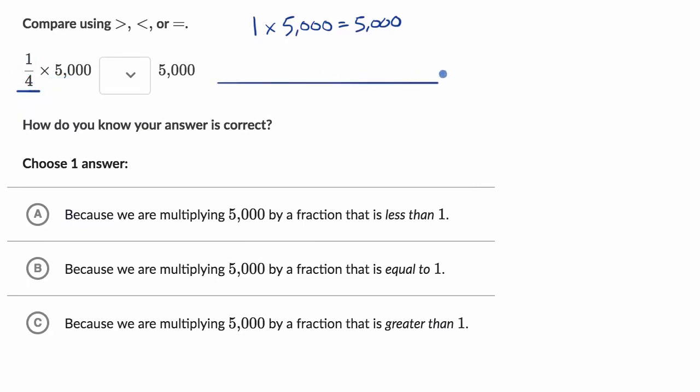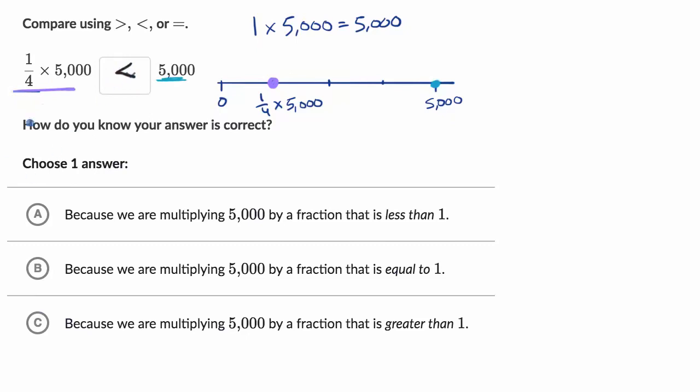Well, one way to imagine it is on a number line. If this is 0, this is 5,000. This would be halfway between 0 and 5,000. And if I then make the space between 0 and 5,000 into fourths, this would be 1/4 of the way between 0 and 5,000. So this value right over here, that is 1/4 times 5,000. Well, how does this value, 1/4 times 5,000, compare to this value, 5,000? Well, it's clear that 1/4 times 5,000 is less than